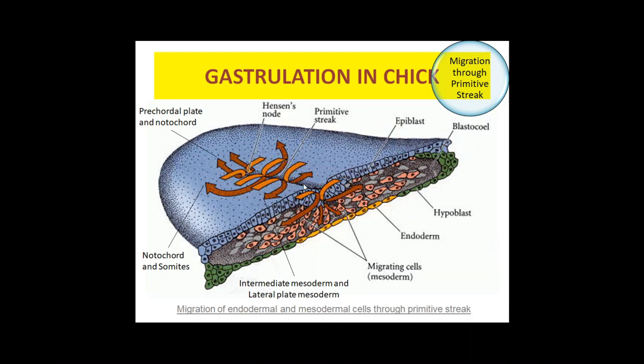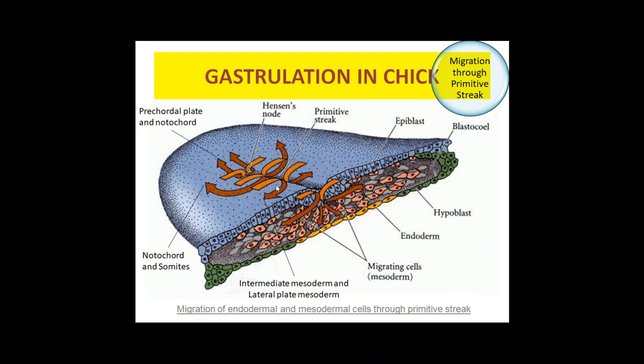Cells migrating through the Hensen's node travel anteriorly to form the precordal plate and notochord. Those migrating through the next anterior region of the streak travel laterally but converge near the midline to make notochord and somites. Those from the middle of the streak